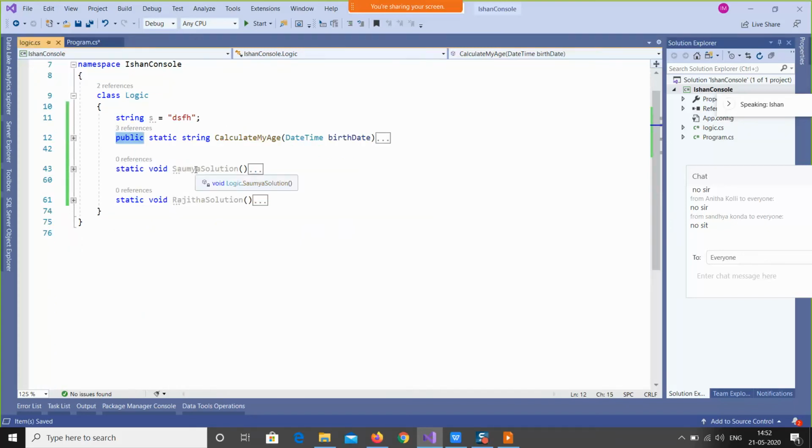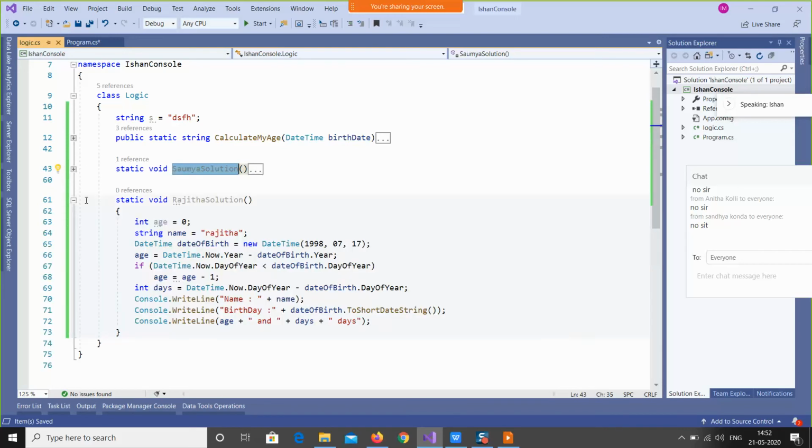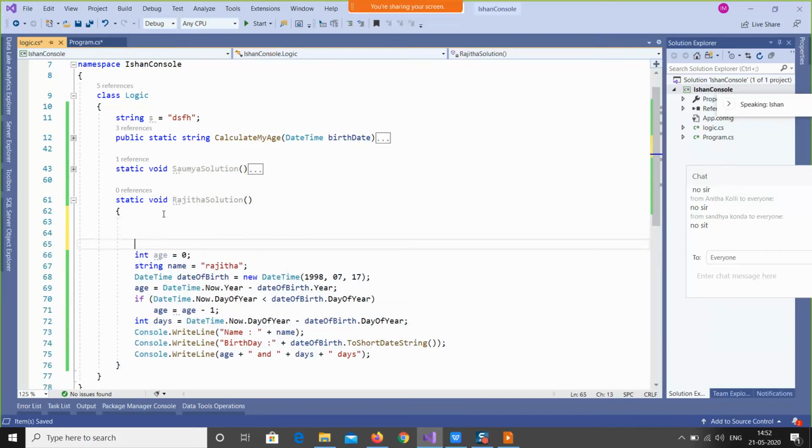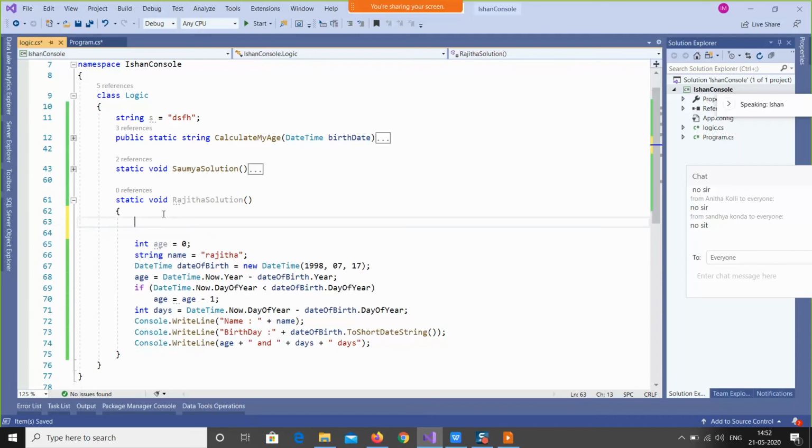Why? Because it's not allowed to access outside this class file. Outside this logic class I cannot use this function. I can use it inside, like I can use it here. I can use it in my function as well, but I cannot use it outside this class file.